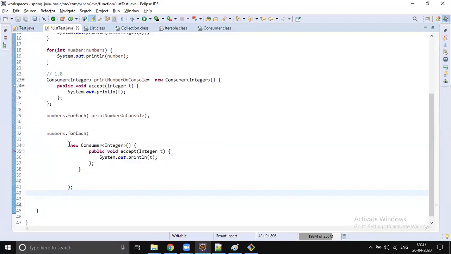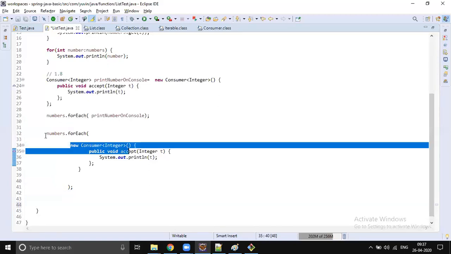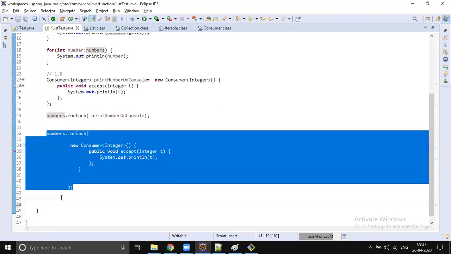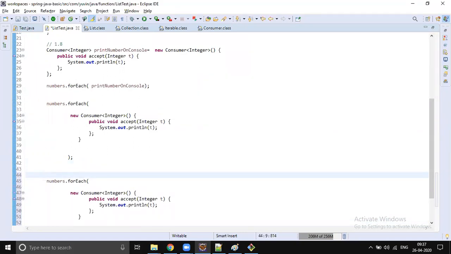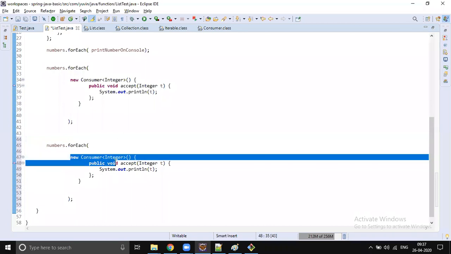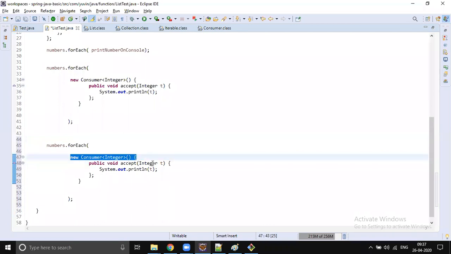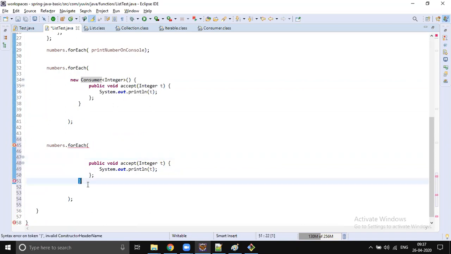This is an anonymous inner class. I will convert this anonymous inner class into a lambda expression. Step 3: I'll convert this anonymous inner class into a lambda expression. We know we need to provide implementation for Consumer, so specifying the implementation type is completely optional. So delete this.